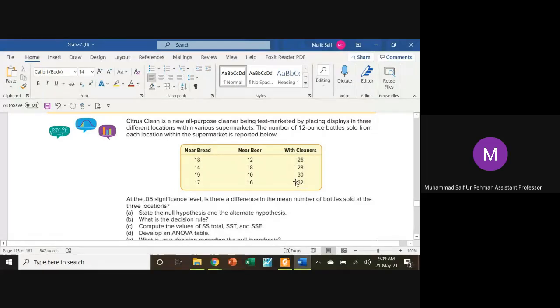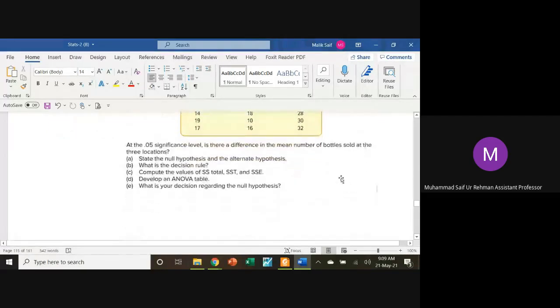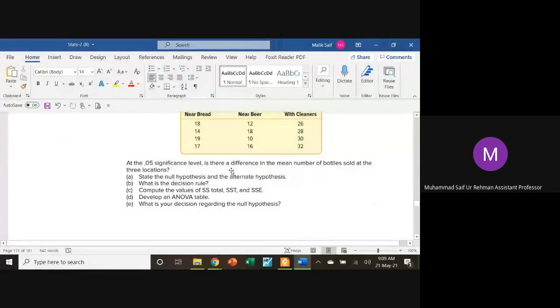On average, how many bottles were sold? So you can find out the average number or mean. You have to check whether there is a difference in the mean number of bottles or not. First of all, if these questions were not there, you could solve it using the 6 steps. But as the questions are there in the form of parts, we shall try to answer these questions one by